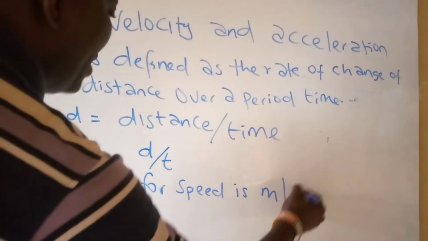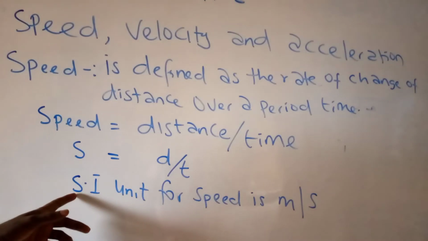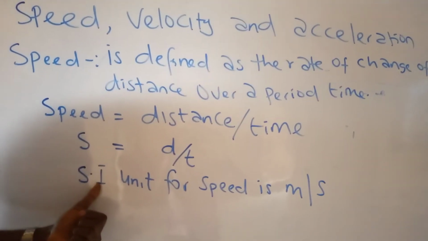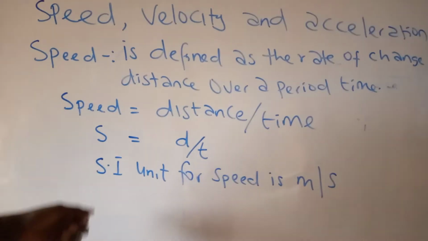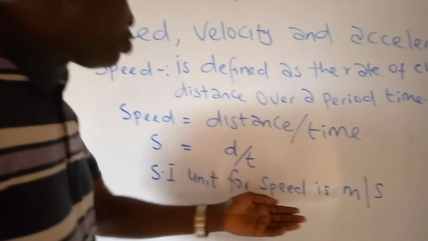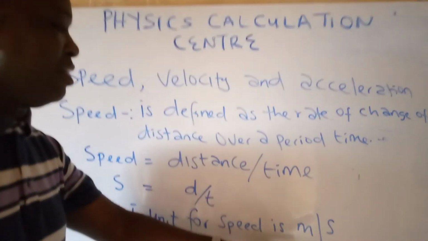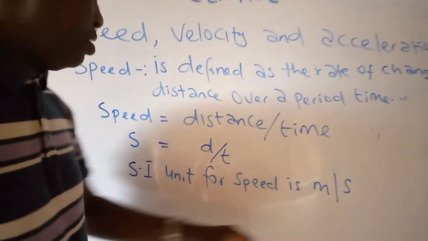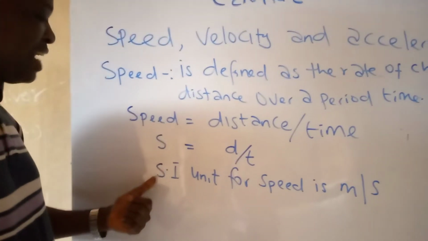is meter per second. What is the meaning of SI units? SI means standard international. S stands for standard, I stands for international. Now, the reason why this is very important for all physics students is because scientists all over the world have decided to use a common unit. Nobody wants to go to France or India or Pakistan and have different units. So we want to have a common unit. This is what informed SI units, standard international unit.